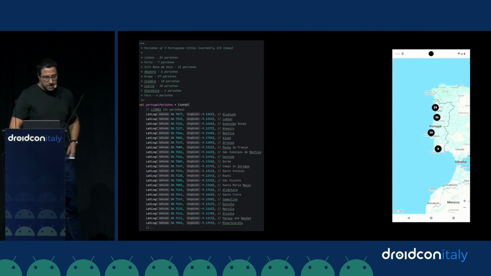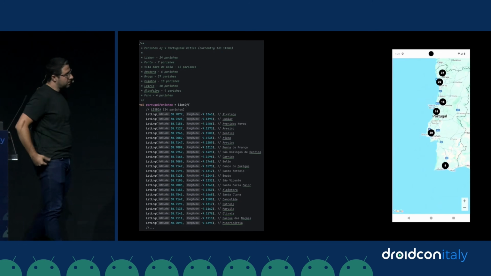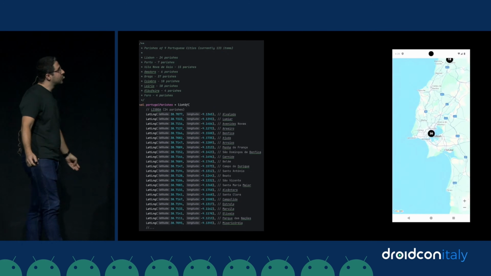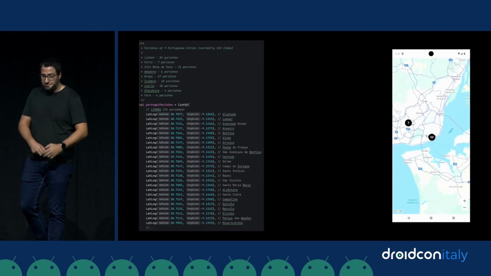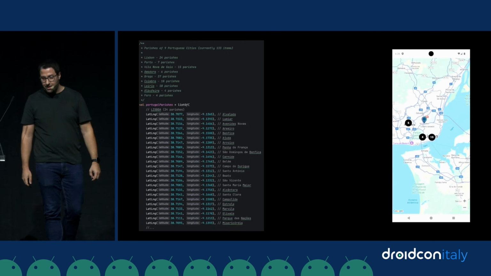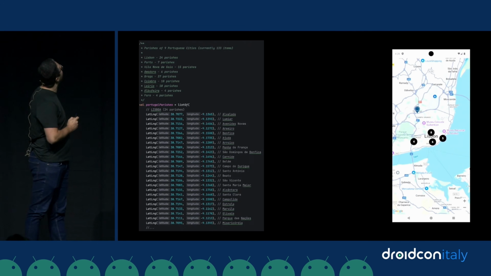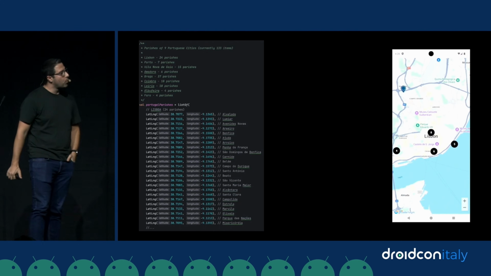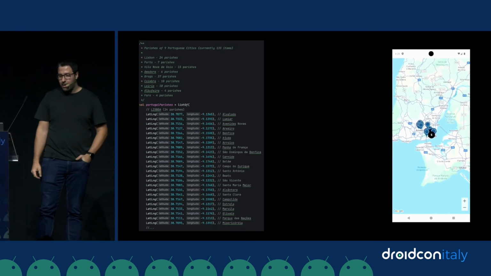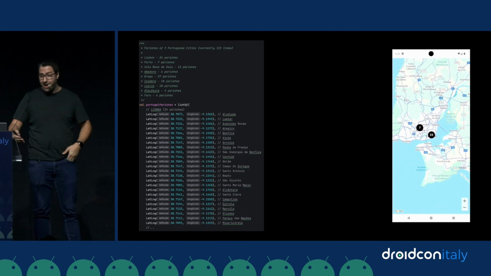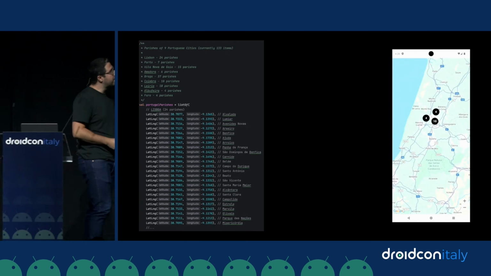But what happens if instead of using 25 markers of 25 Portuguese cities, we ask AI to generate a list of the parishes of 9 cities in Portugal? In this list, we have 133 items, so we are increasing our dataset by a factor of around 5. We are not adding like 1,000 markers, we are adding 133 markers